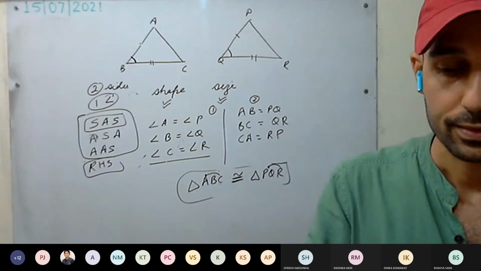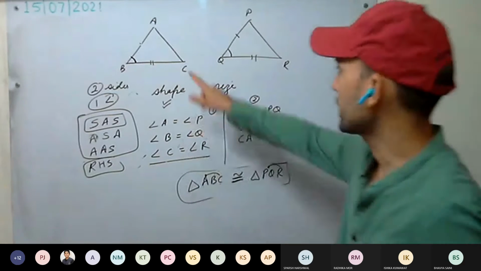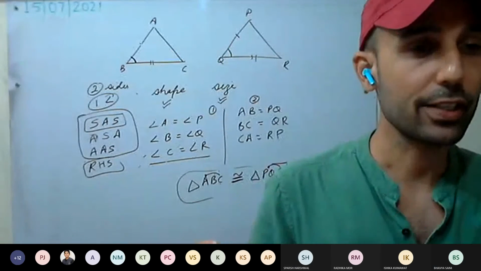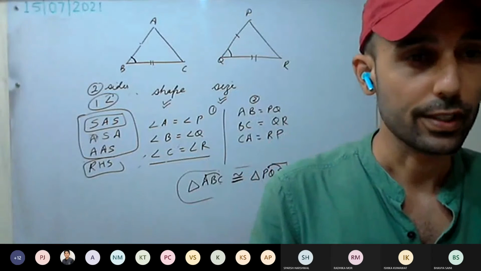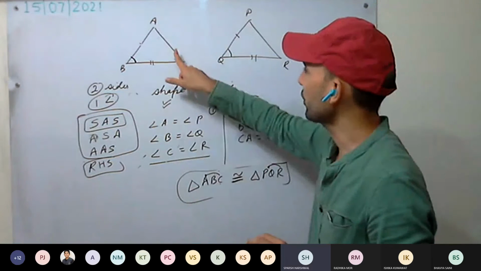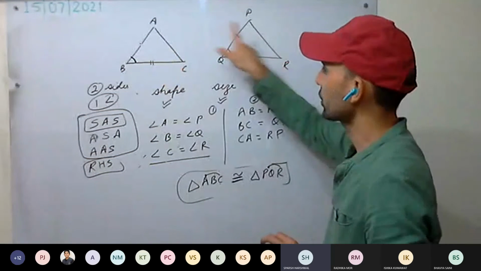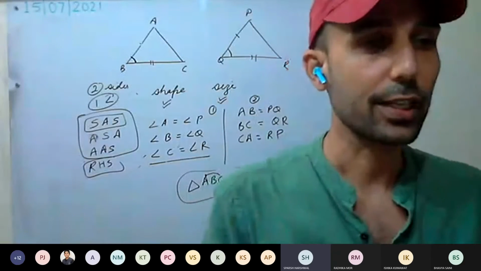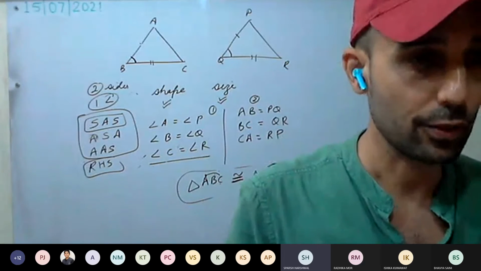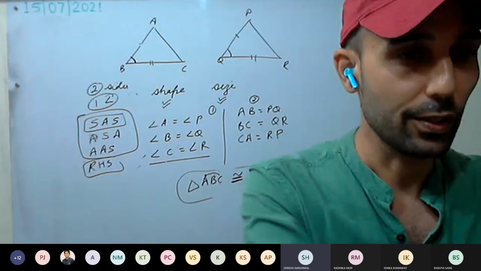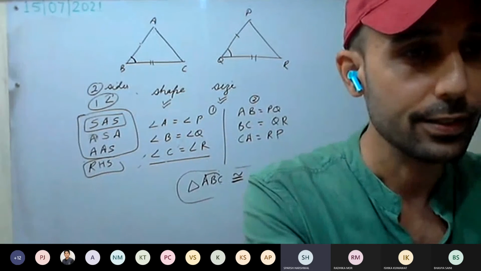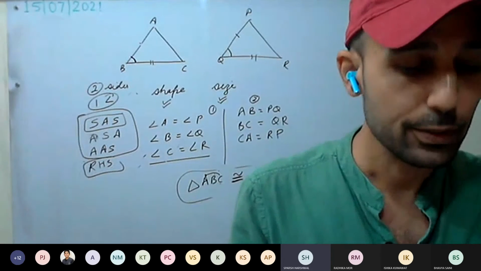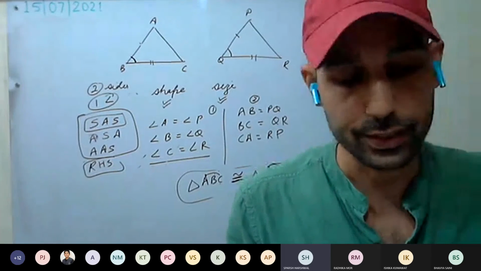Is this clear? Yes. So we'll be discussing this tomorrow as well. The minimum required things we have to prove, and by that we can prove that these two triangles are congruent. Then this angle will be equal to this angle, and this side will be equal to this side, since we have already proved the two triangles are congruent by the minimum required things. So we end the class here. Have you understood? Please go through the theorems here to revise once, and we'll discuss them tomorrow.